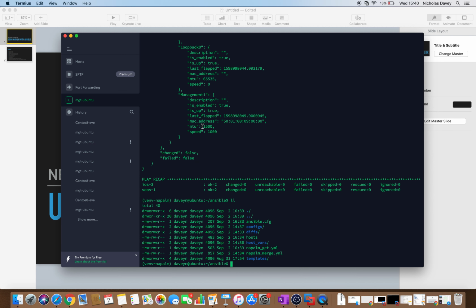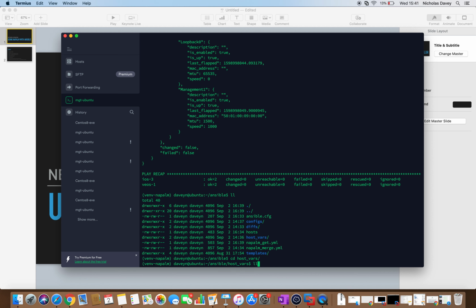So I've created a number of subdirectories in here. I've got a diffs directory and a configs directory. So any config that I generate using Jinja, I'll install in the configs directory, and I will tell Ansible or NAPALM to take a diff, and that gets installed in my diffs directory. So if we just have a look firstly at the host files directory,